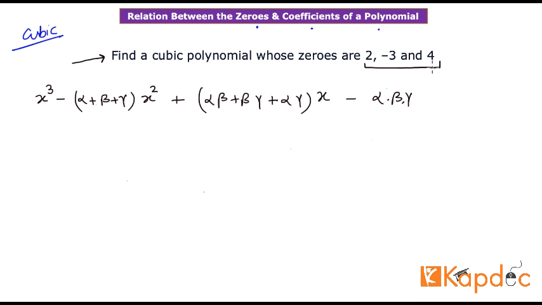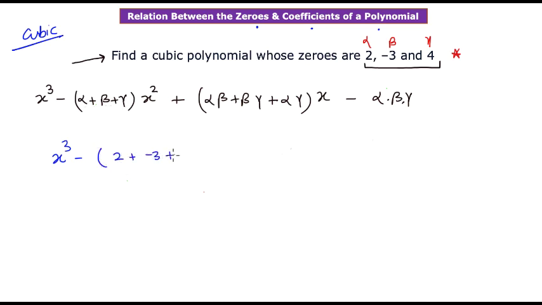All that is left is to substitute these three values. Let's say this is alpha, this is beta, and this is gamma in this expression, and then you will get your required answer, correct? So as I do it, I get x cubed minus (alpha plus beta plus gamma). It is 2 plus minus 3 plus 4, and that goes with x square, plus 2 times minus 3 plus negative 3 times 4 plus 4 times 2, and that goes with x, minus 2 times negative 3 times 4,